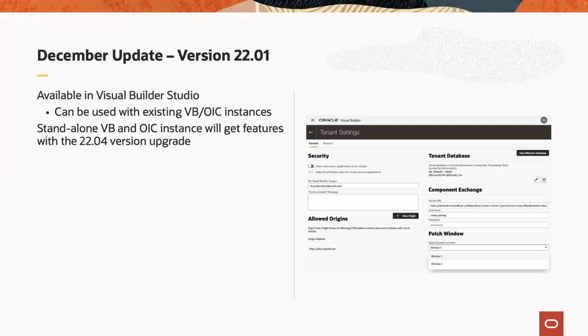multiple instances. In general, we view Visual Builder Studio as a better way to develop Visual Builder application, and Visual Builder Studio is something you get for free if you already have a Visual Builder account, or in fact, if you have any Oracle Cloud account, you can spin up Visual Builder Studio for free. And then you can plug this Visual Builder Studio to work on top of your Visual Builder or Oracle Integration